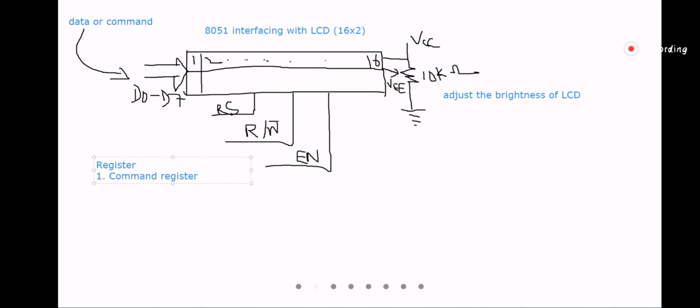With the command register, the user can store commands.